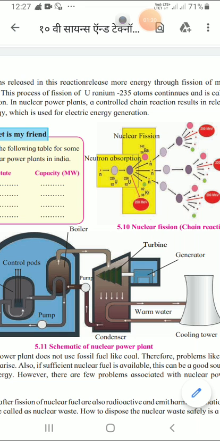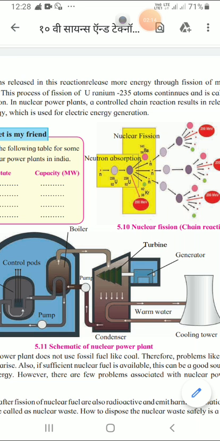Today we are starting with the new topic, that is the power plant based on nuclear energy. Here in the diagram you can see the schematic of the nuclear power plant, and you can see the structure of this power plant. Let us start the topic. In the power plant based on nuclear energy, the steam turbine is used to rotate the generator. And here, the energy is released by splitting or by fusion of nuclei.